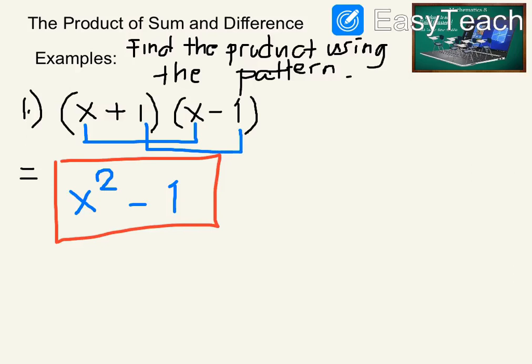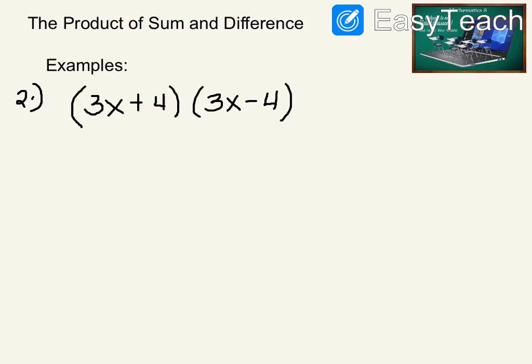Okay, so next example. So example number 2. How about if we have 3x plus 4 times the quantity of 3x minus 4? So again, if this is the sum and difference, the product of sum and difference, so all you have to do is to multiply only the first term. So ganun lang. So you multiply the first term times the first term. Okay, so first term times the first term, that would mean 3 times 3 or 9, and then x times x, we will have 9x squared,